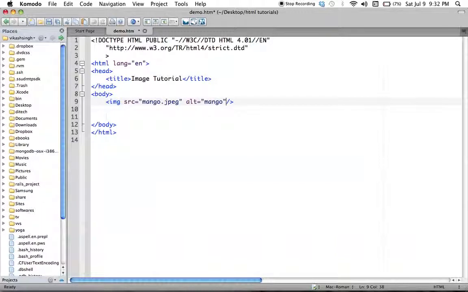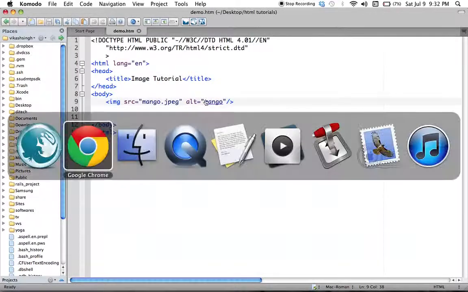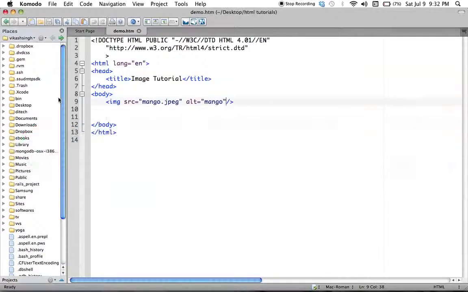You can write anything, but most of the time you will write something which helps the user, and it will not change the way the image is displayed on your web page. Nothing changes here, but yes, this is what you do. Now sometimes you have seen that if you put your cursor on an image, some name is written, like it gives some information or help, or it just writes the name of the thing you put your cursor on. You'd like to do that for images also.